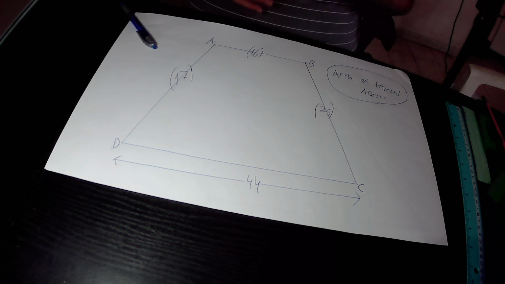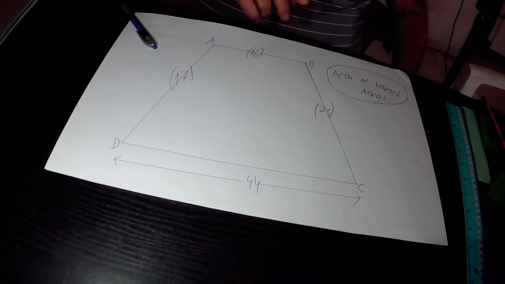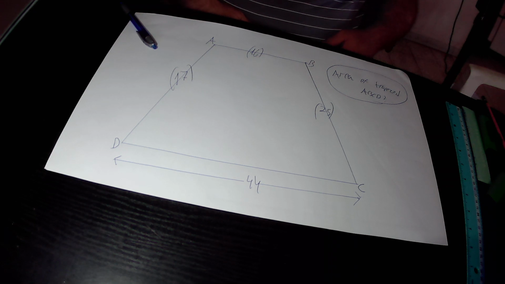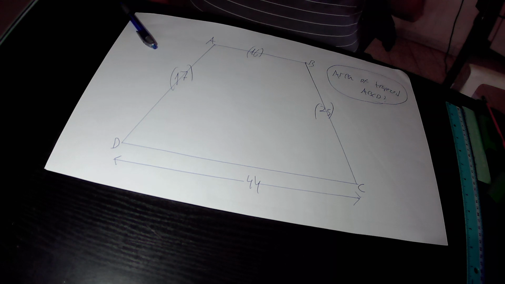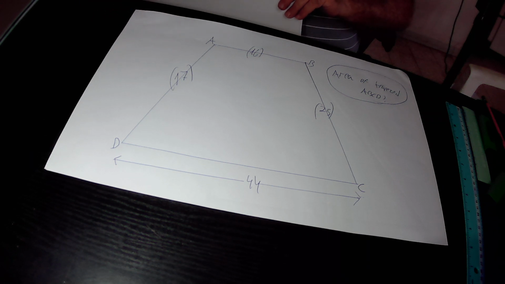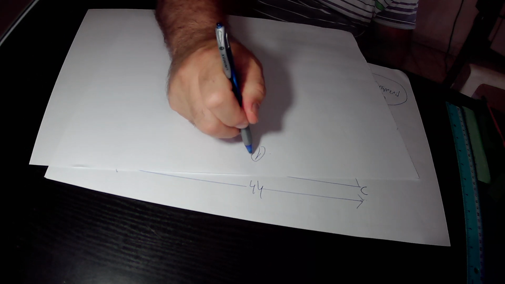Actually, the area of any trapezoid is equal to the sum of its two parallel bases times the height over 2. In our trapezoid ABCD, the two parallel bases are AB and DC. And therefore, the area of this trapezoid ABCD will be equal to the sum of its two parallel bases, that is AB plus DC, times the height, that is h, over 2. So I write it down. The area of trapezoid ABCD